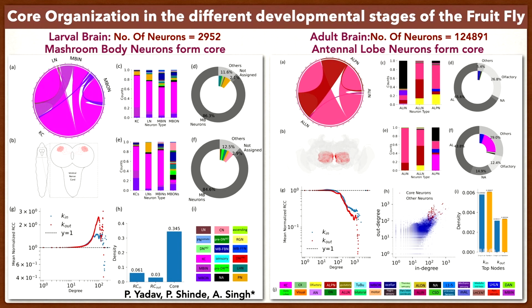And in the adult brain, we see that now the mushroom body neurons are not forming the core. Instead, the antennal lobe neurons are forming the core. The antennal lobe neurons are basically associated with olfaction in the fruit fly brain. So now you can see there is a shift in the core structure in this fruit fly brain, and from just studying the core we can say that there is a change in